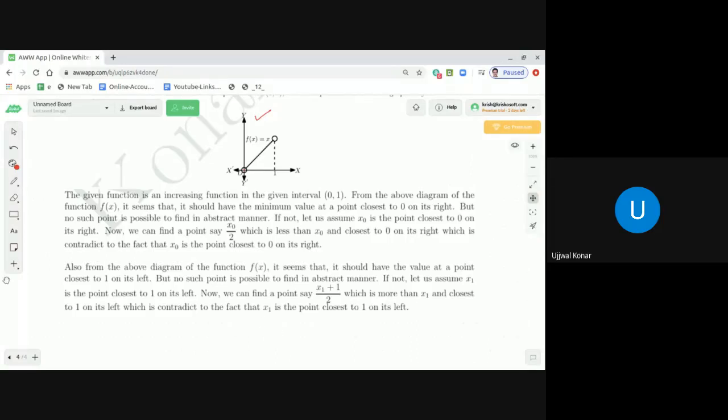So why am I saying so, dear students? This statement says that if the domain of definition of the function is not an open interval but a closed interval, we can find the minimum value of the function f(x) equal to x at x equal to 0, which is 0, and we can find the maximum value of f(x) at x equal to 1, and that is 1. Correct, dear students? So what I wanted to mean,